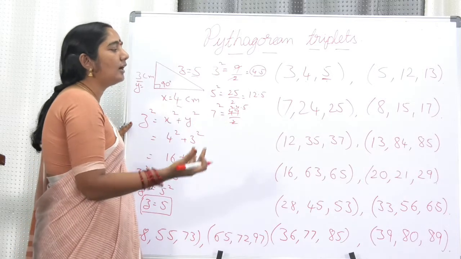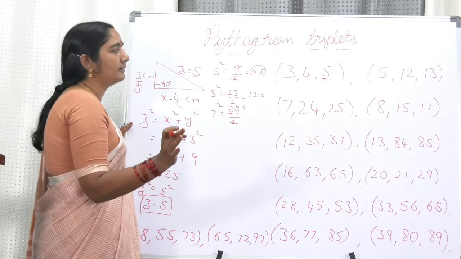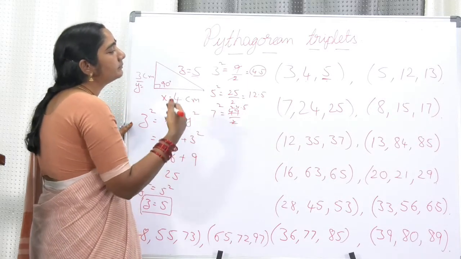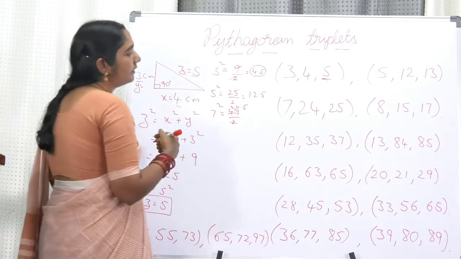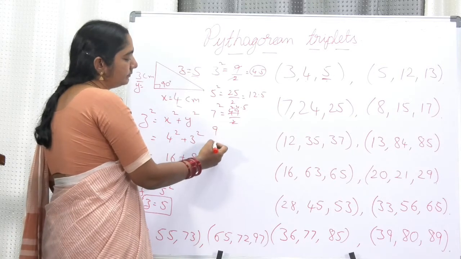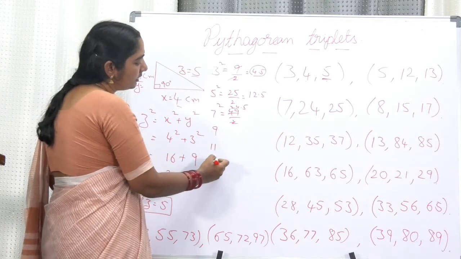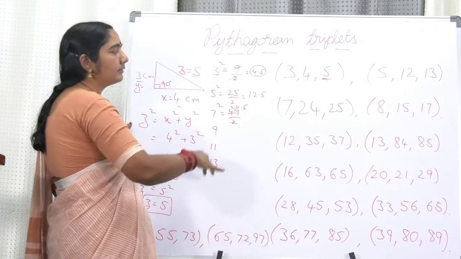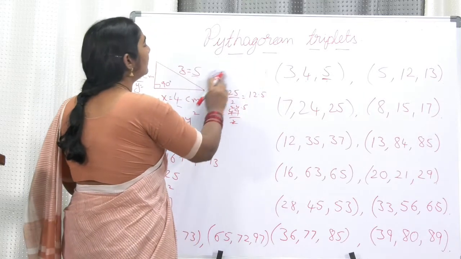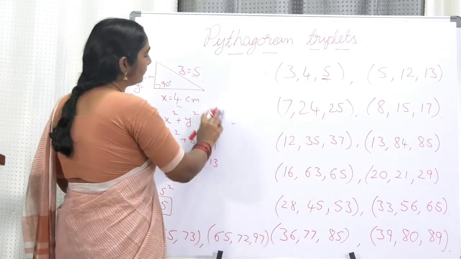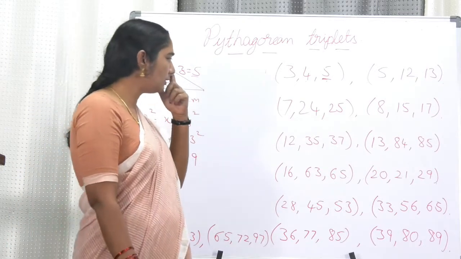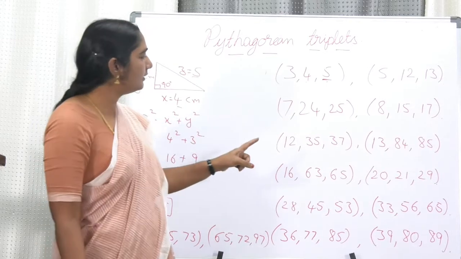So whenever there is an odd number, the same thing applies for any kind of odd number. For example, you can try for the next numbers, that is 9, 11, 13. Please do the same method. Please try to follow the same method that I have followed. This is also one of the methods which can be followed. My dear friends, this is a shortcut method. You need not memorize that, but you have to memorize these triplets.